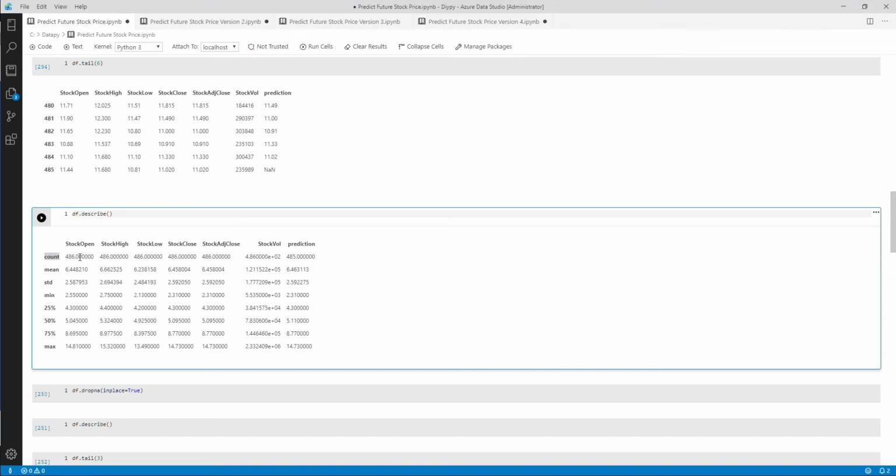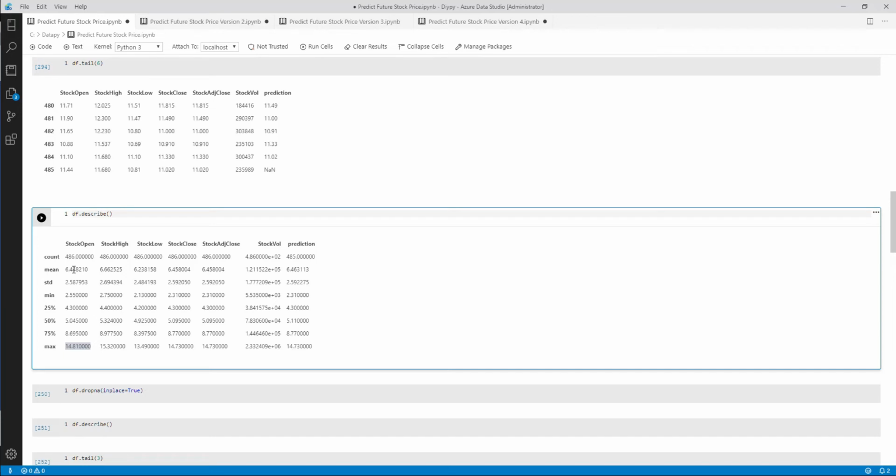So the count, which is 486 records, and mean, standard deviation, min value, 25% of the distribution, 50% of the distribution, 75%, and the max value. Based on our data of 486 records, max is 14.8,